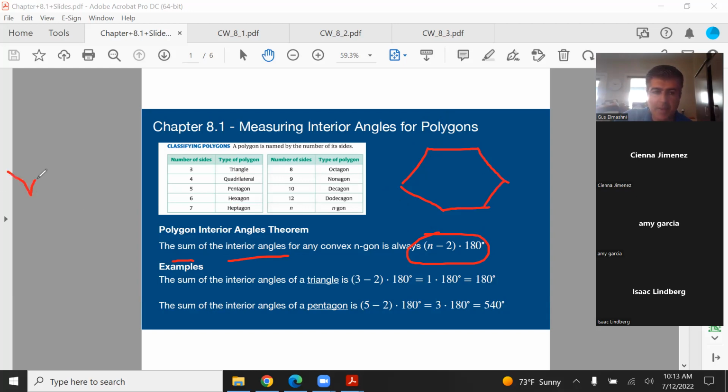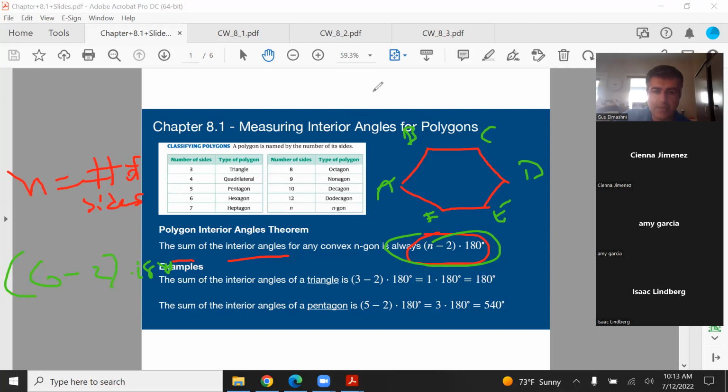n is the number of sides, by the way. If I want to know what all these angles add up to, let me say I label them A, B, C, D, E, F. I want to know what all 6 of those angles add up to. I could use that formula. You simply plug in 6 for n. Do 6 minus 2 times 180. You get 4 times 180,